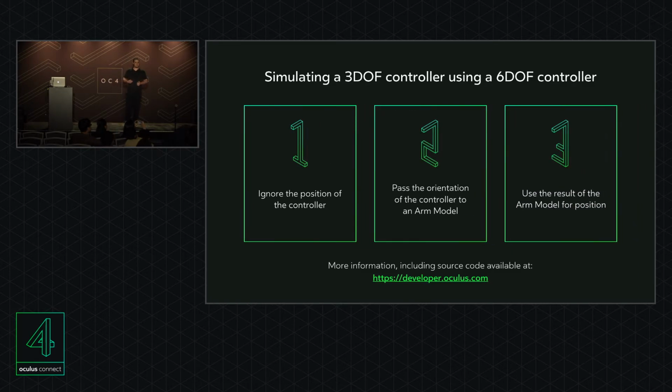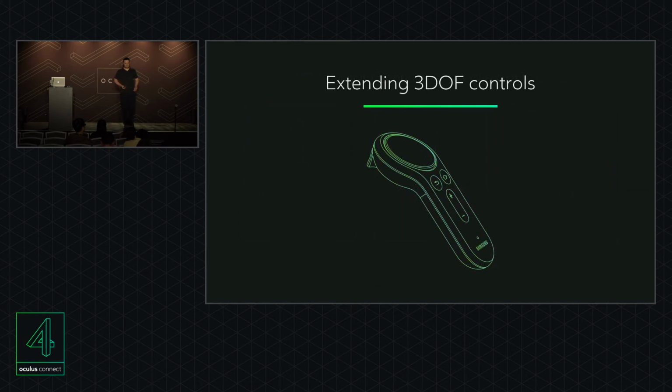The arm model we use at Oculus, the source code is available at developer.oculus.com. It's part of our native mobile SDK. And on our blog, developer.oculus.com/blog, there's a Unity port. Now, the natural thing you would think to use this for would be to restrict a touch controller to mimic a Rift controller so you can speed up your development. But you can use the same arm model on a Gear too. And you can use it as the starting point of your own arm model,